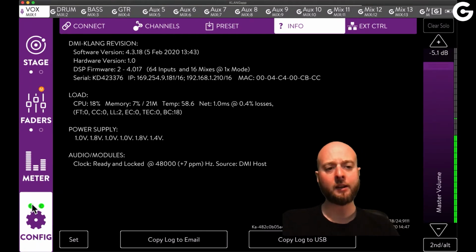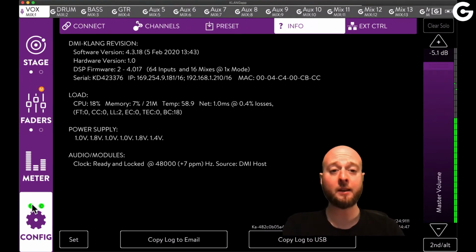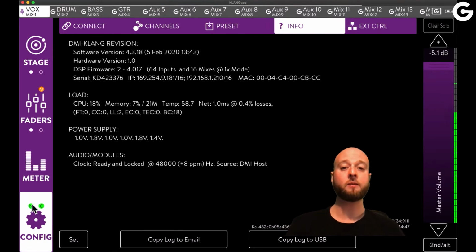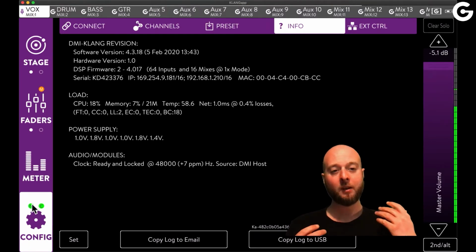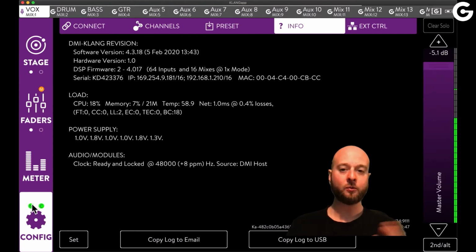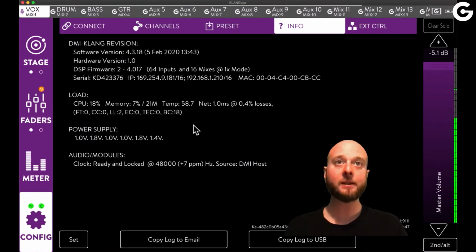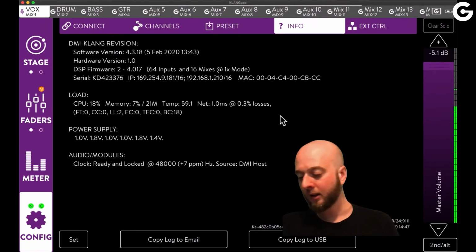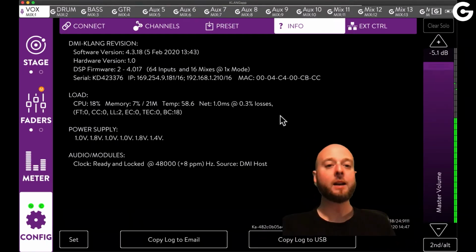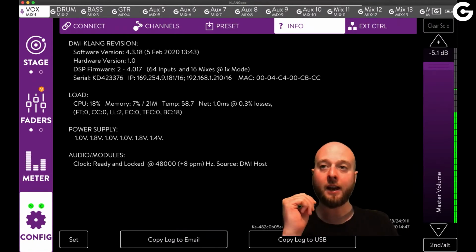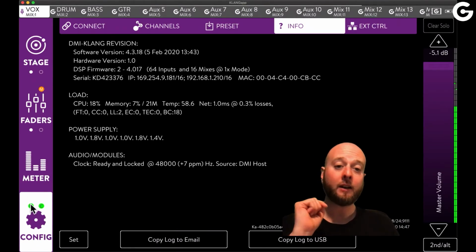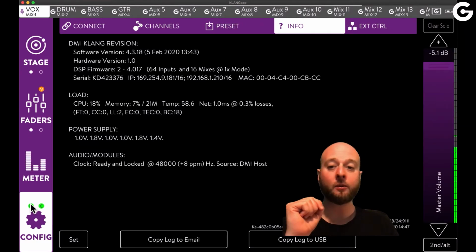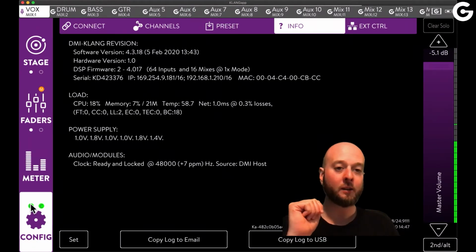If my network would get under a lot of stress and there might be an issue, or especially if I'm using Wi-Fi and the quality of the Wi-Fi is not good enough to get all the information in there, and there would be some packet losses, so some information that would be transferred between control device and unit might be affected by that, this N light would turn yellow, and I would see that in every screen again. So that is a very good indicator that I might have to take a look at my